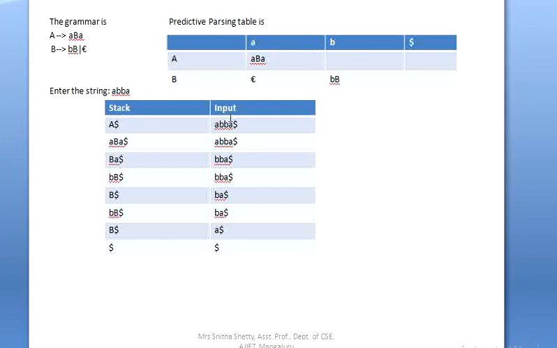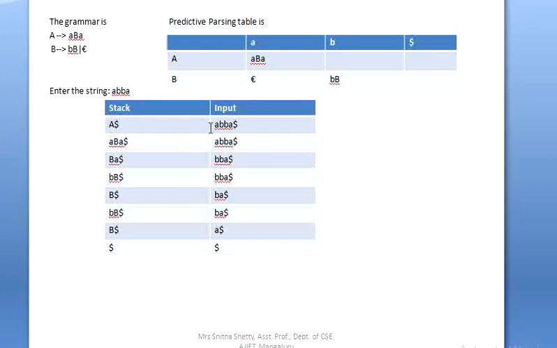And one more thing, they have given the grammar and the string A, B, B, A, and you need to parse that string using the parsing table. Okay, so now how to parse the string? So say input is A, B, B, A, and always the input should end with the dollar. Okay, and in the stack I'm putting the starting symbol, capital letter A, then dollar. Okay, so now how to parse the given string?